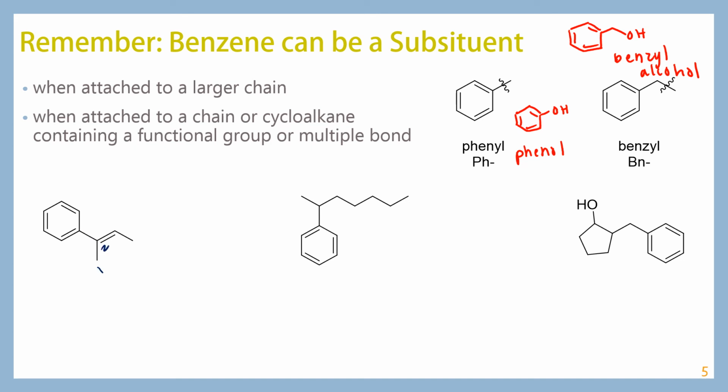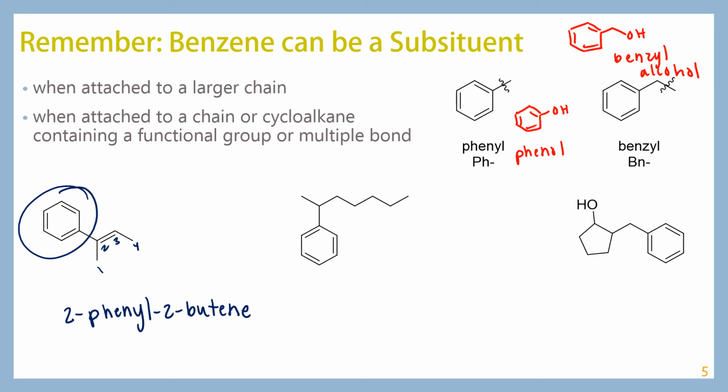So this is 1, 2, 3, 4. So we know that our parent chain is butene. Our substituent is directly attached to the butene chain. So our substituent is phenyl. So that gives us 2-phenyl, 2-butene. Now the other thing that we have to do, and it's really, really easy to forget, is to indicate